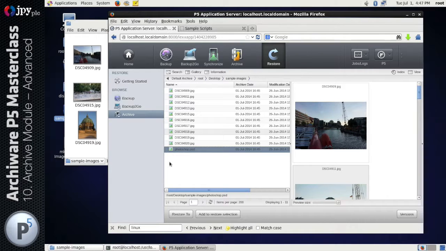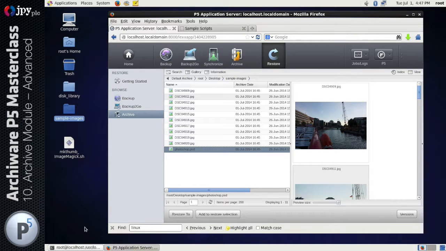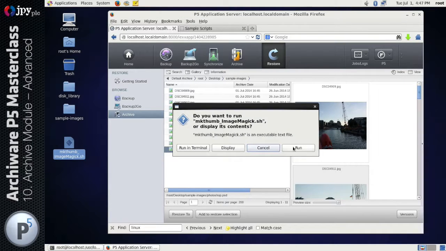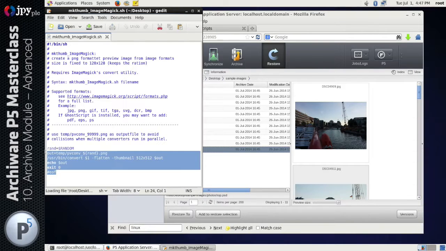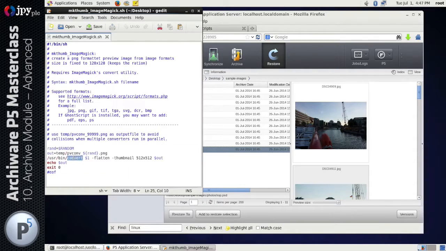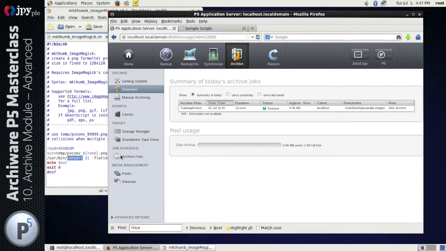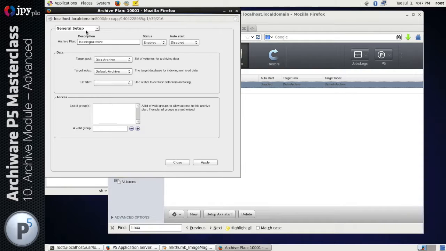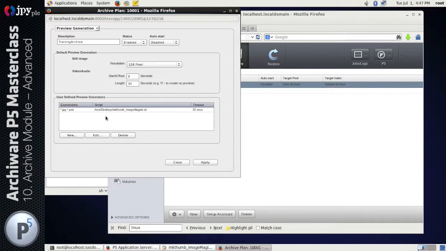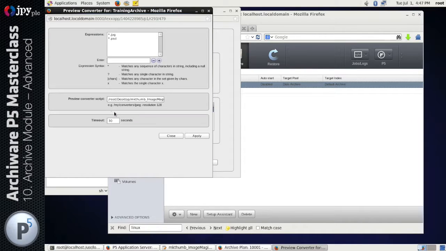So that is a quick overview of how you write a script or take a script that's already been generated and maybe tweak the script a bit based on your knowledge of the tool that the script is using to perform the conversions, and then hook that into your archive plan. So we did that within the preview generation section within the archive plan, added a line which calls our script, and when certain file types are encountered being archived, the script is called